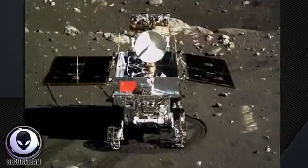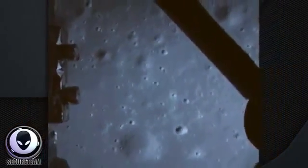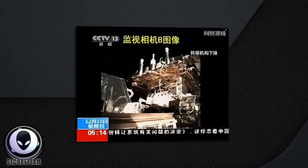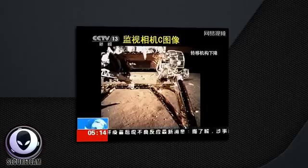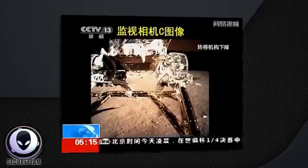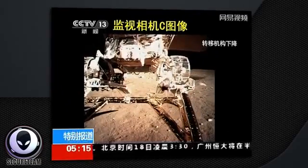It was a monumental feat as China's Chang'e 3 spacecraft performed a nerve-wracking 12-minute descent and touched down safely on the lunar surface on Saturday, December the 14th at 8:11 a.m. EST. Several hours later, a 140-kilogram or around 300-pound six-wheeled rover, aptly named the Jade Rabbit, rolled down a ramp to begin its 3-month mission exploring the lunar rocks and soil. China has now joined an elite club of nations, the US and the old Soviet Union, that have managed to land an